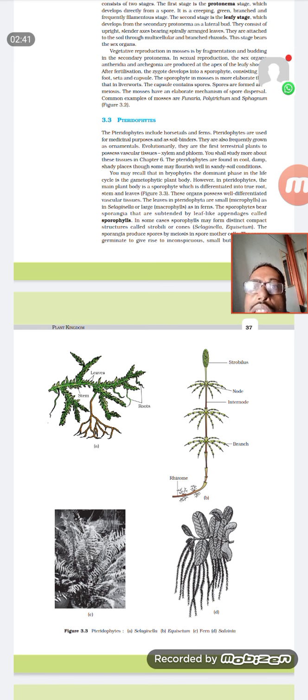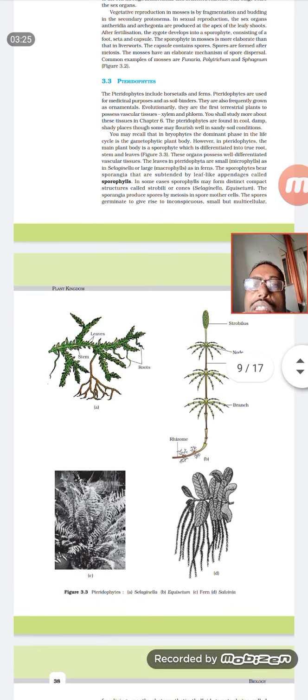They got some leaves, and the leaves started to be modified. Leaves started to slowly modify into the form known as microphylls. And these are the sporophylls, bearing sporangia in which spores are formed. Since the spores are formed inside them, we call them sporophylls. And they started to show a cone-like structure known as the strobilus. We can see in diagram B, Equisetum, that on the very tip there is a strobilus, and they started to show nodes, internodes, branches, and rhizome-like structures, which are a primitive form of roots.